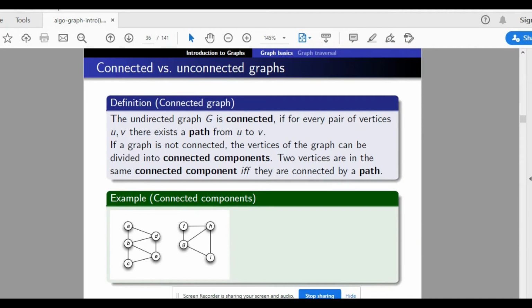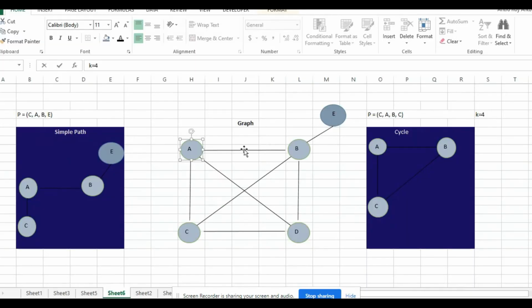Now, what is a connected graph? A graph, or an undirected graph, is said to be connected if each vertex in the graph has a path with all the other vertices in the graph. So let's consider this particular example where you can see an undirected graph, and it has five vertices: A, B, C, D, and E. If we consider the vertex A, you can see that there's a path between A and B. There's a direct path, and there can be indirect paths as well. As long as there are paths between A and B, that's completely fine.